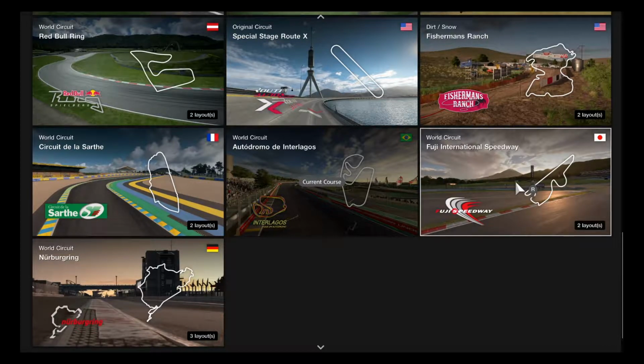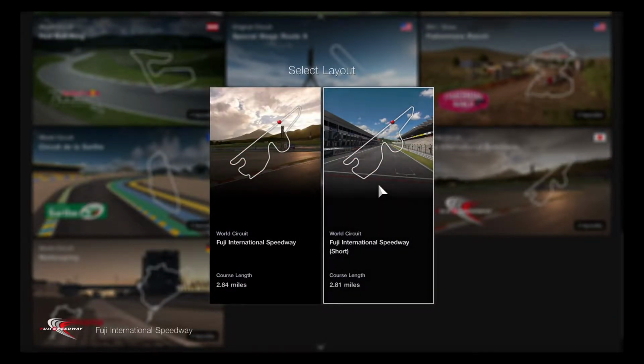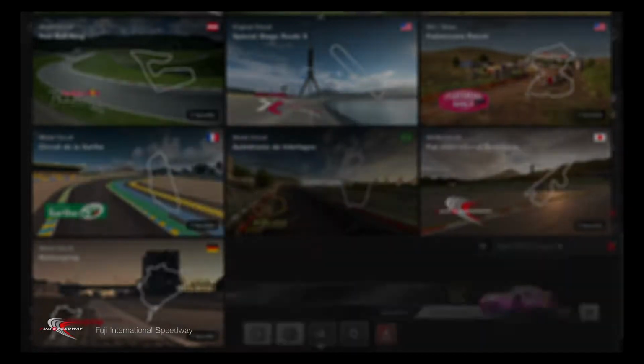So how about maybe let's just get out of the race on Fuji International Speedway. So this might be quite excellent to go on the short track, which is the GT track. And also the sunset will be able to have a good usual spot as well, because this is going to get everything ready to go for the next round of this race. So this will be able to have a different TD livery with a Valentine's Day variant. So it'll take a while to be loading up for it. But it takes time to get ready and set up to choose